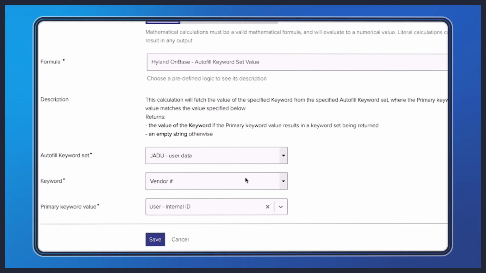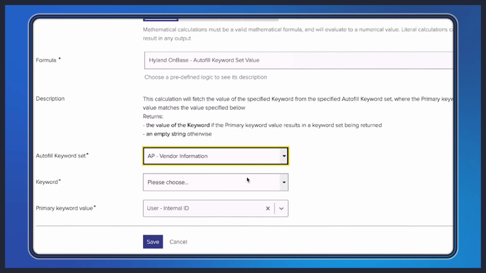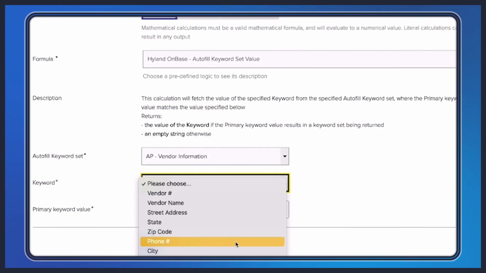Now that we have the vendor number for the signed-in user, there's no reason why we couldn't query a vendor autofill keyword set to bring back further information about the vendor, since we now have the vendor number associated